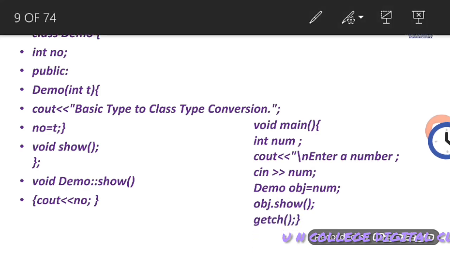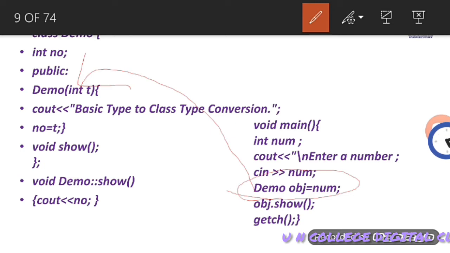Let me explain this by using the pen. This particular statement, demo obj = num, will actually execute the constructor. We know that if we are using a constructor in C++, then at the time of creating the object the constructor will be executed.